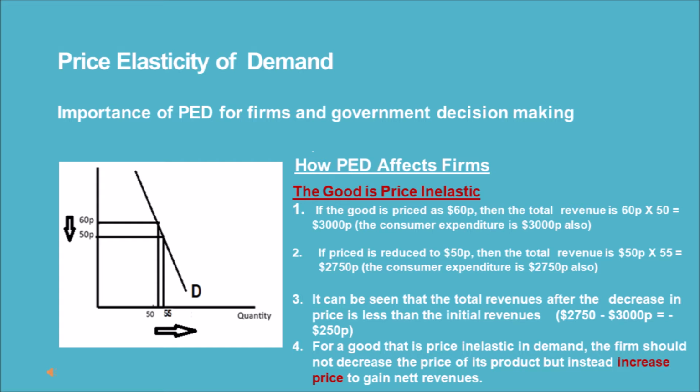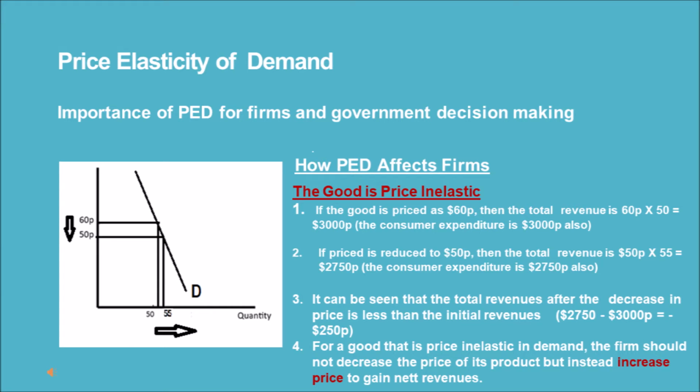1. If the good is priced at 60p, then the total revenue is 60p multiplied by 50, equals 3000p. The consumer expenditure is 3000p also. 2. If the price is reduced to 50p, then the total revenue is 50p multiplied by 55 equals 2750p. The consumer expenditure is